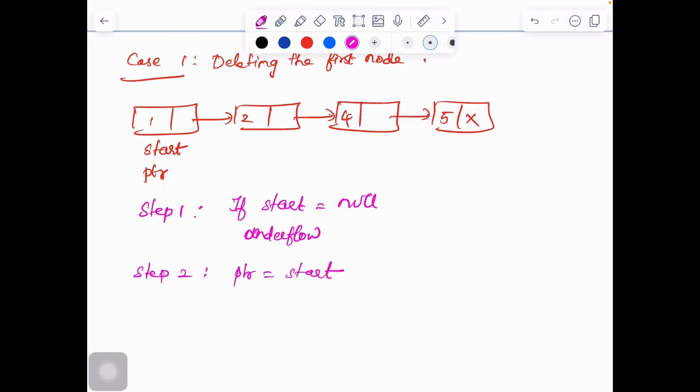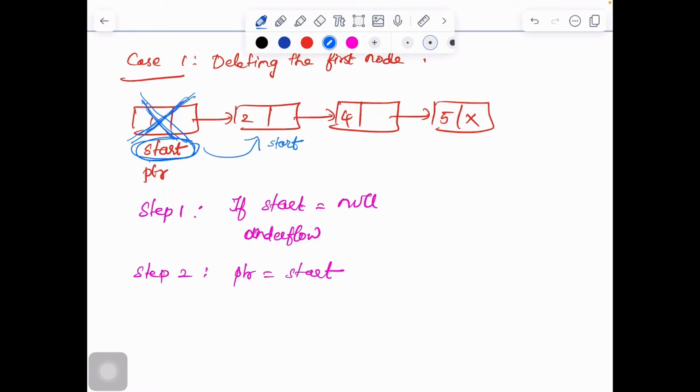Which node am I supposed to delete? I have to delete this first node. So if I have to delete this first node, then I should make the start variable point to what? The next node. I should make the next node the start, so that I can delete this node.